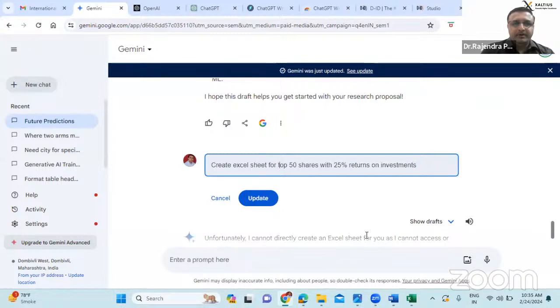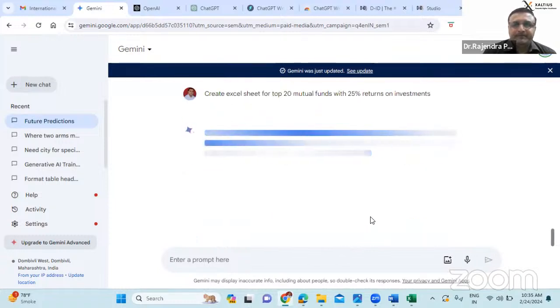Create Excel sheet for top 20 mutual funds. You can do similar data for insurance, similar data for cars, for agriculture.